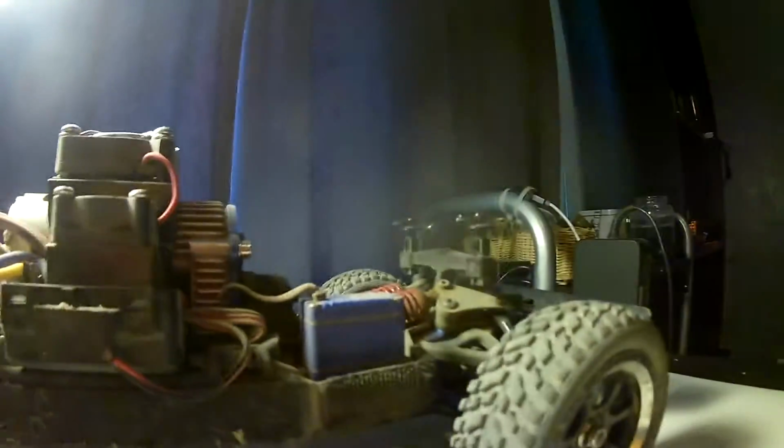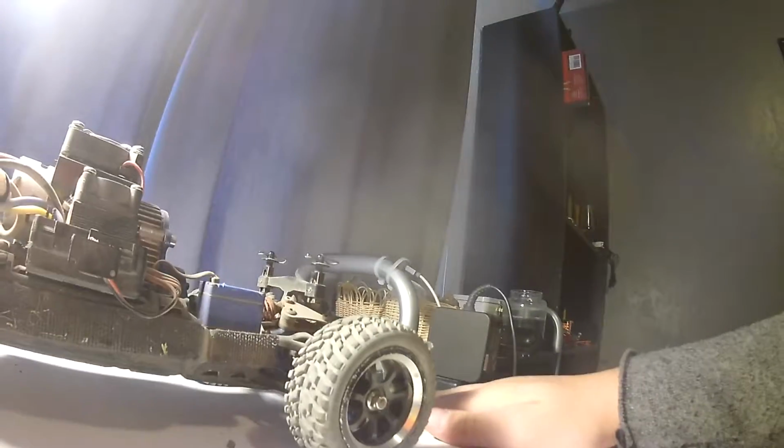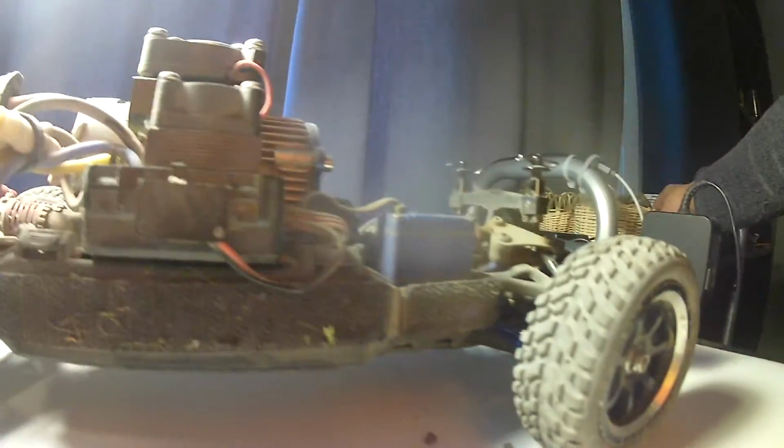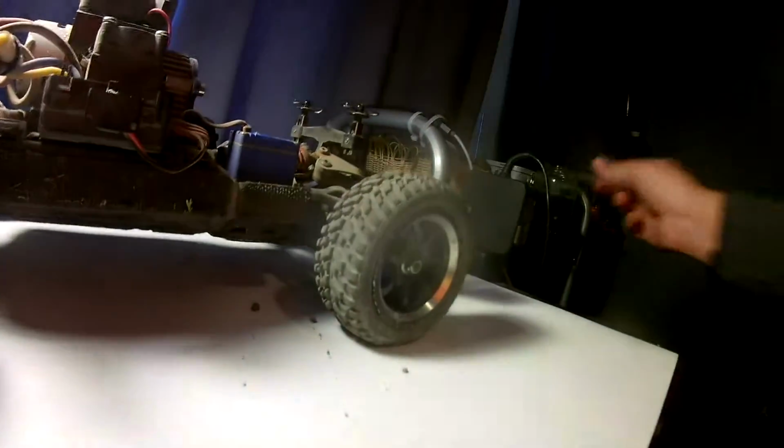Speaking of diffs, with this Integy bulkhead, which is also the diff housing, it serves two purposes in the front. You'll probably have to shim the diffs. When I installed it, I did not know about shimming diffs. In fact, I didn't even have any idea what that meant. Shimming the diff is basically putting little spacers. If you see here, I still have some left over. Putting little spacers so that the